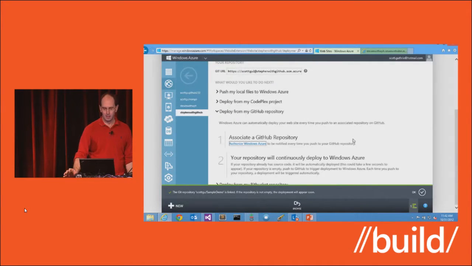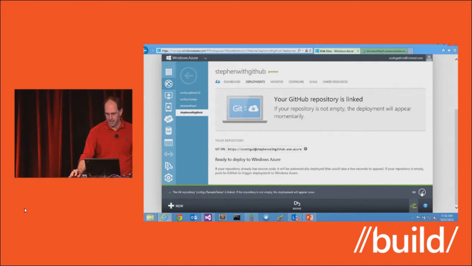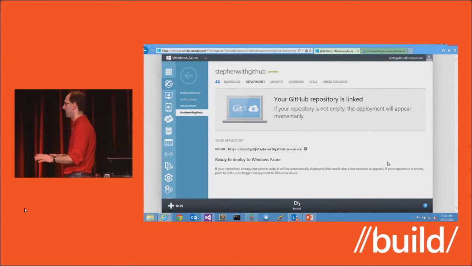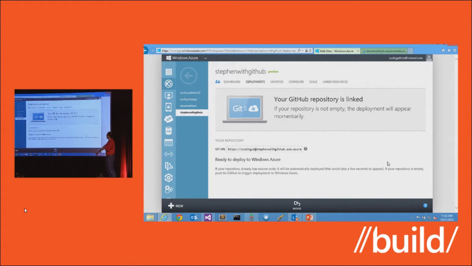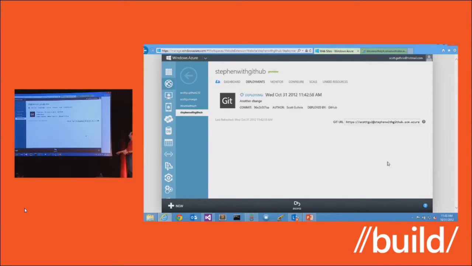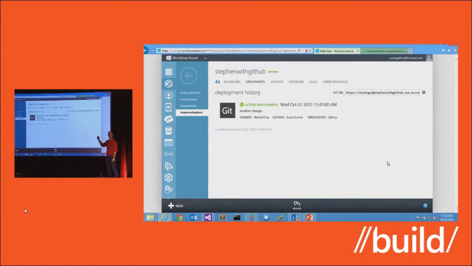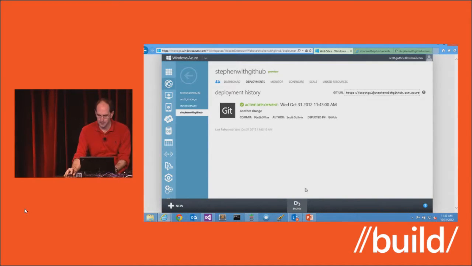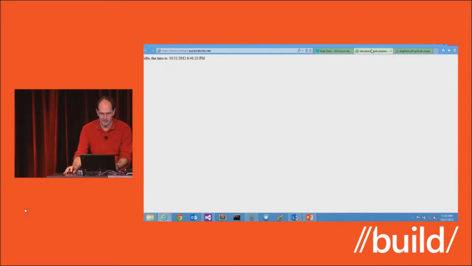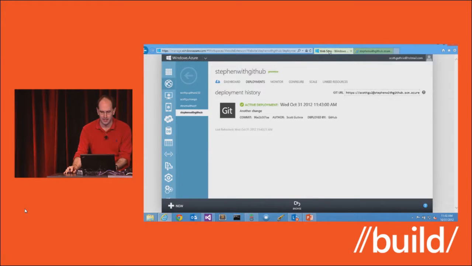I can hit OK. And what this is going to do now is, instead of having me deploy directly from my dev machine, it sets up a relationship with GitHub. It's going to take GitHub a few seconds to push it to me, where anything I deploy into that public GitHub repository is automatically handled: GitHub will poke Azure, Azure will pull the changes, and now I've basically done a deployment, not from my dev machine, but from my GitHub account. And the beauty here is, if I click Browse, there's Hello Azure, which is what I had in that initial GitHub repository.